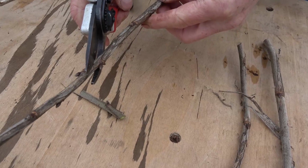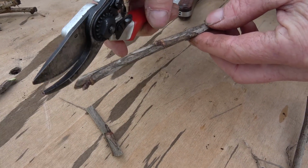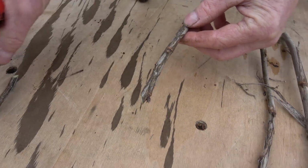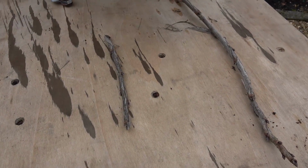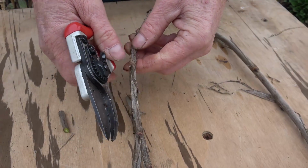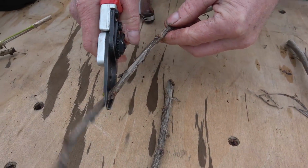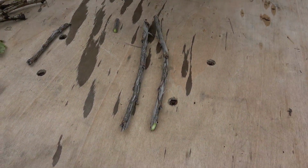And I'm doing a sloping cut at the top, so a straight cut at the bottom, sloping cut there, and it really is as simple as that. There, waste. I'm just going to do another one just to show you. So it really is easy. Cut that one below, measure it with the secateurs, that bud's roughly the height, sloping cut above it. So there we have two. Let's make three. Below that bud there,